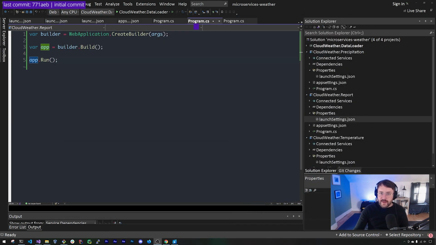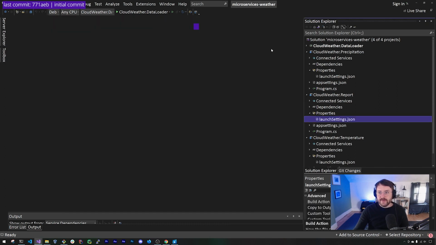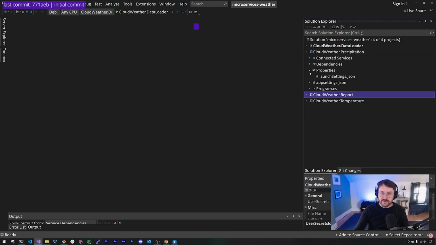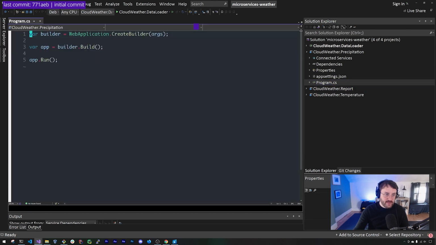Okay, so let's head back into the solution now. What I'm going to do is just close all of the tabs, and the first service that we're going to work with is our precipitation service. So if we expand precipitation service here, we've already started work on sort of minimizing program.cs. What I want to do is demonstrate how we can map a new route using a minimal .NET